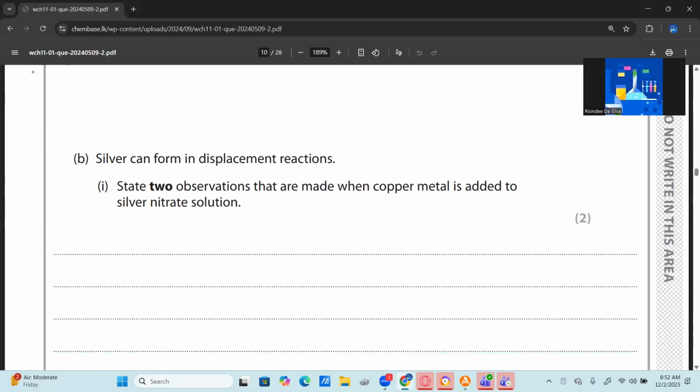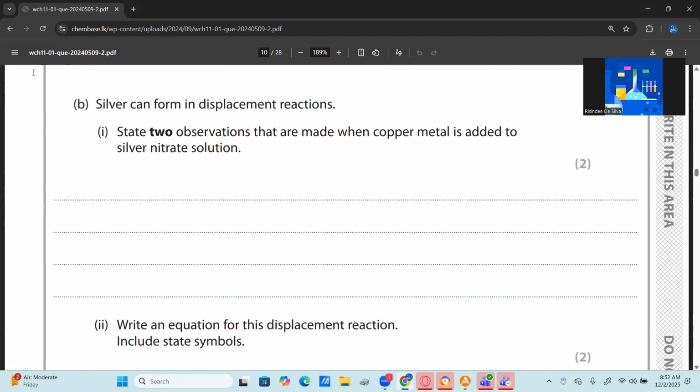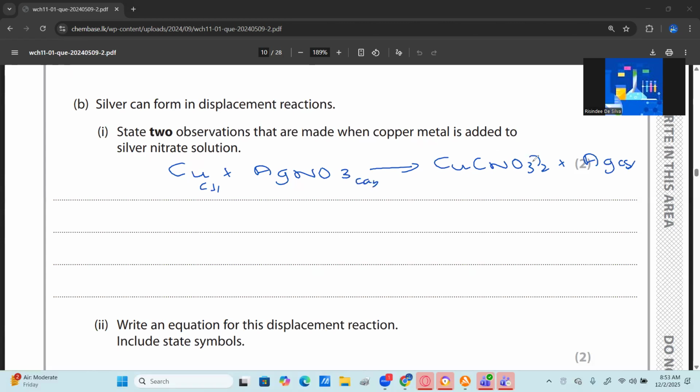State two observations that are made when copper metal is added to silver nitrate. So first you write the equation to see what is going to happen. Copper and silver nitrate. We know in the reactivity series, copper is above silver. Therefore, you get copper nitrate and silver metal. Copper solid, this is aqueous. So in order to balance it, we need to put 2. Copper nitrate, when copper is in 2 plus form, it is blue. Therefore, you can see the formation of a blue color, and also you can see the deposition of a gray